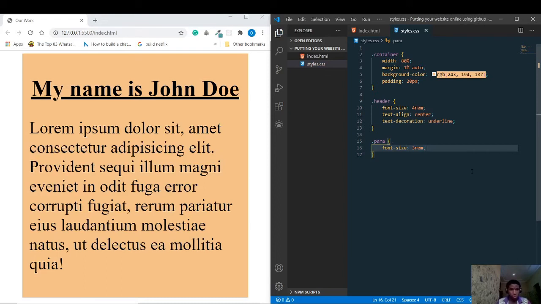Not much contrast. So I think this is all for now. What's left for us to do is to try and put this online, and we're going to use